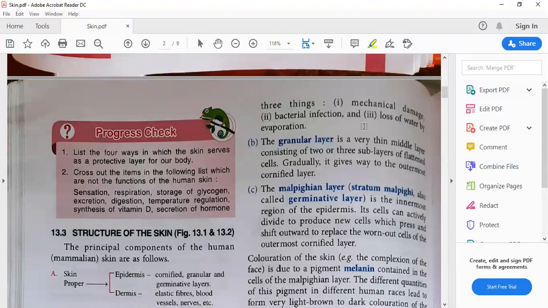Now it has become very thick, so what will happen? Water will not come out from inside. So evaporation will be less, so that it can maintain your heat. If you notice your palm and the bottom part of your feet, it will always be thick. It should stay a little thick, because then evaporation will be less, otherwise the heat will go out of your body.